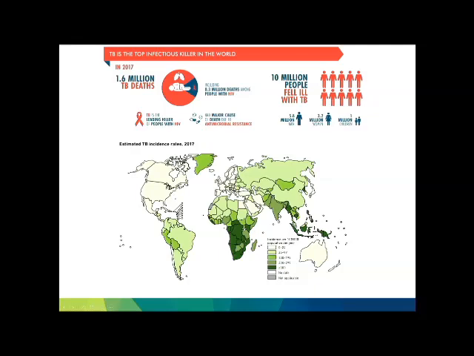The map in the lower part of the slide is estimated TB incidence in 2017. The darker green shading is the countries with higher TB burden, the lighter green, of course, with low TB burden. So you can see that most of the Western world, North America, Europe, Australia, New Zealand, and a lot